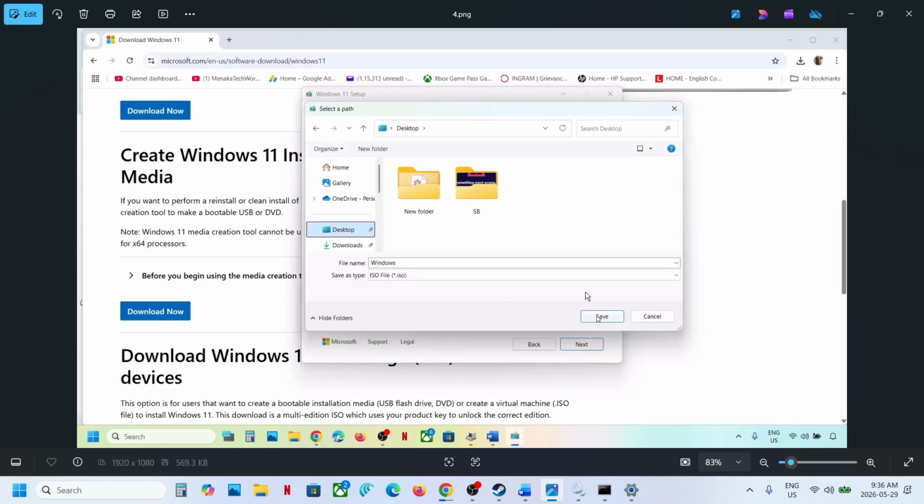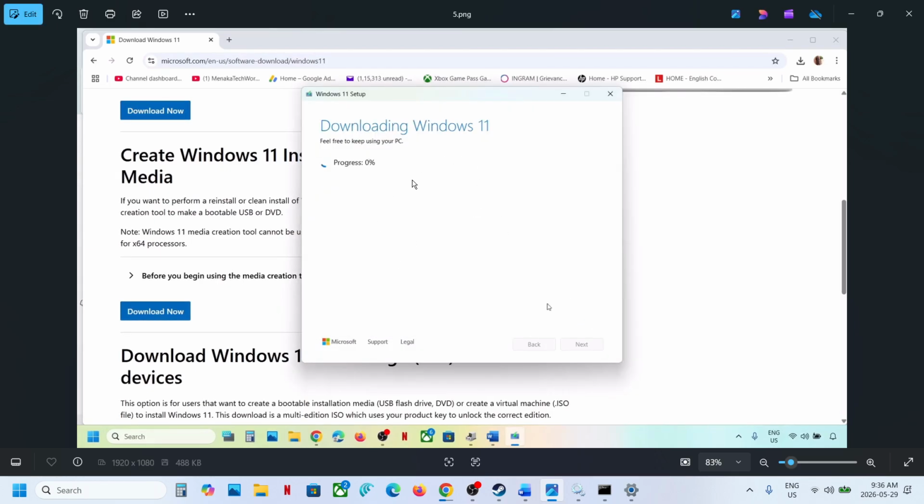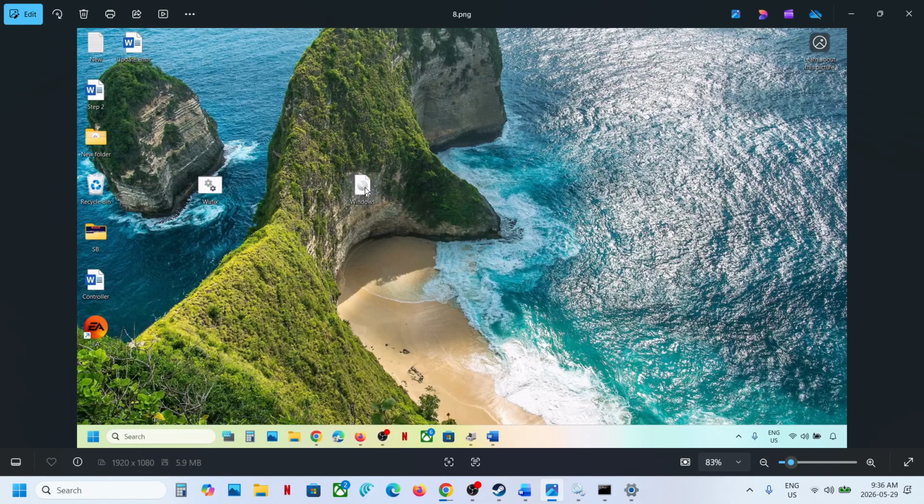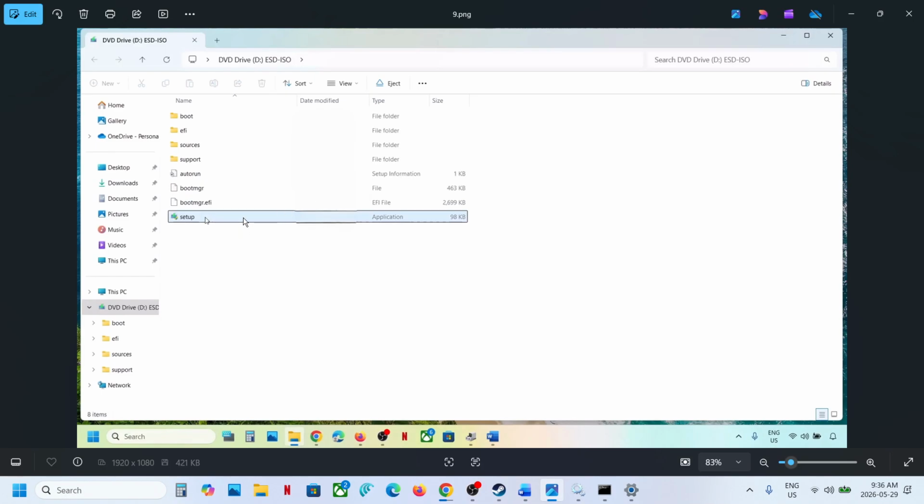You can save it to desktop. Click on save. Let the download complete. This process will take some time. Once done, click on finish over here and let this close automatically. It will take a couple of seconds or maybe a minute to close. Once closed, go to desktop, make a double click on Windows ISO file, make a double click on setup file,